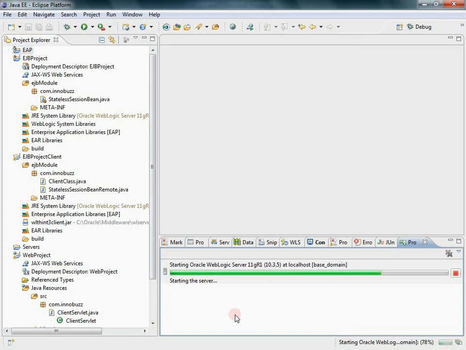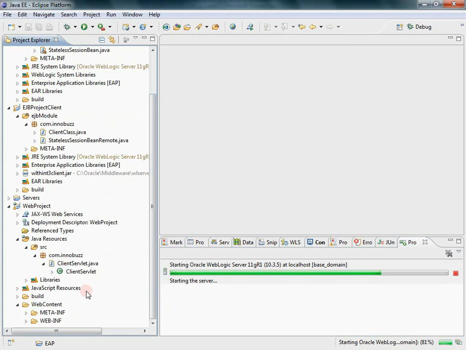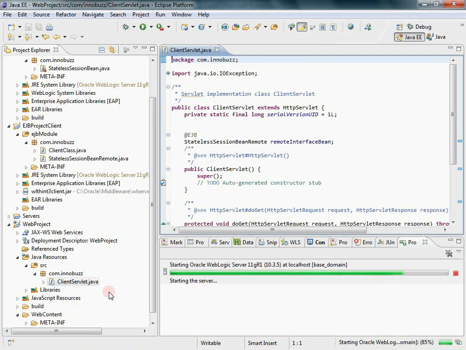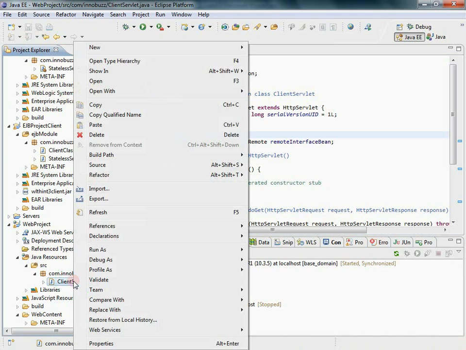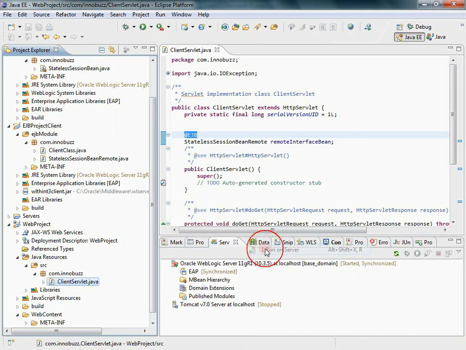Once the server is up, you can run the client to check the result. This annotation can be used even with any EJB beans. So if you select this client servlet and run on server,